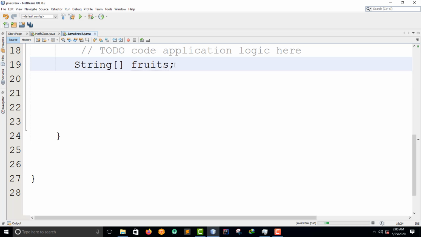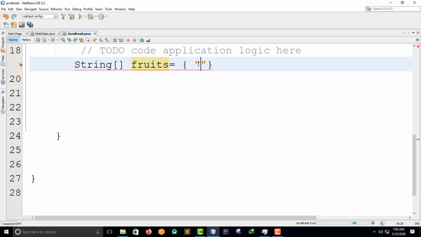Inside here, we say it's equal to, then the curly braces, because we are going to have strings of fruits.